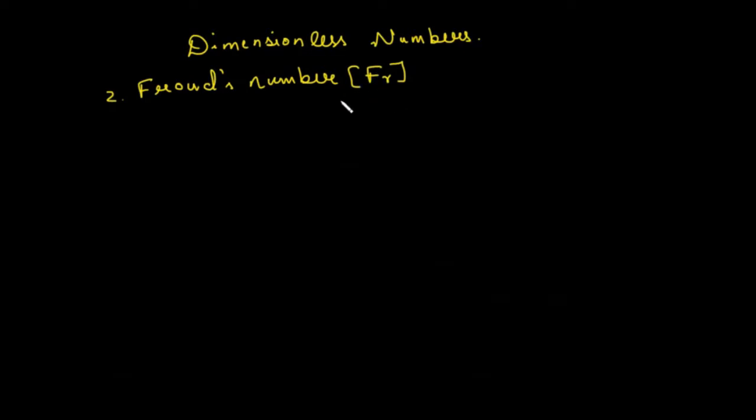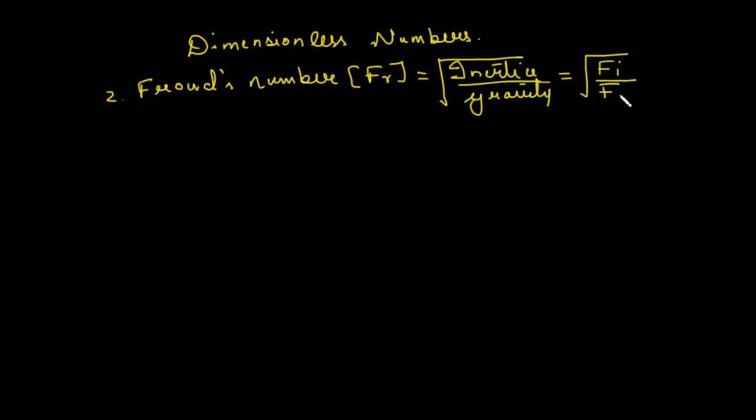The next dimensionless number is the Froude number. Now the Froude number Fr is defined as the ratio of square root of inertia force to the gravity force. So it is equal to square root of Fi upon Fg. Now we know that inertial force is equal to rho a v square, and this Fg, the gravity force, is given by mass into acceleration due to gravity, and we can write mass as mass density into volume